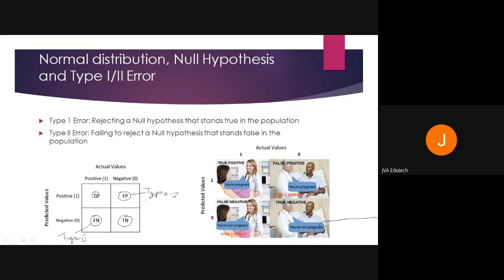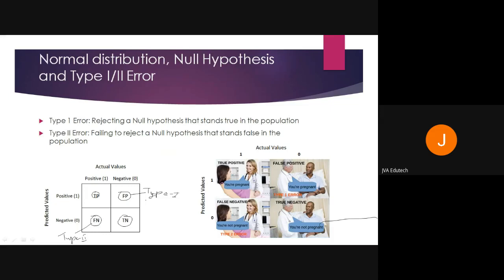So let me take an example of this COVID case only. If it is type 1 error, what will happen? A person who is not having the symptoms of COVID is tested wrongly for COVID, that he is having COVID. This is type 1 error. So what will happen? You will start the medication. After a few days, people will understand that okay, he is not having COVID, no issues. But what will be the case if a person is having COVID and you are unable to detect?